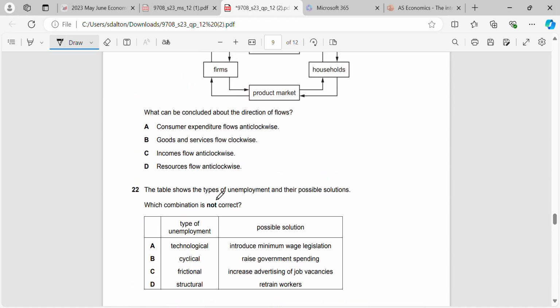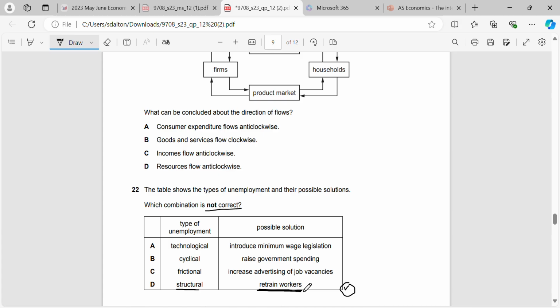The table shows the types of unemployment and their possible solutions. Which combination is not correct? Okay, so we'll start at the bottom. If we have structural unemployment, is the way to fix it to retrain workers? Yes, it is. Remember, structural unemployment can either be regional or technological, and the way that we fix it is by using supply-side policies, like retraining workers, which is education and training, a supply-side policy. Structural unemployment is one of our long-term forms of unemployment, which is why we try and fix it by using